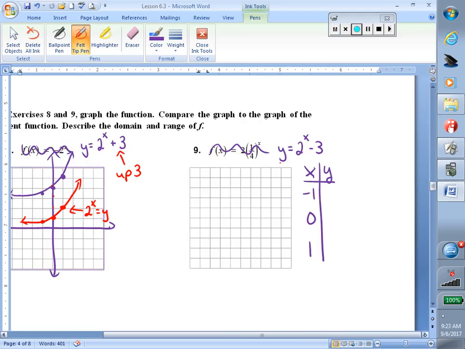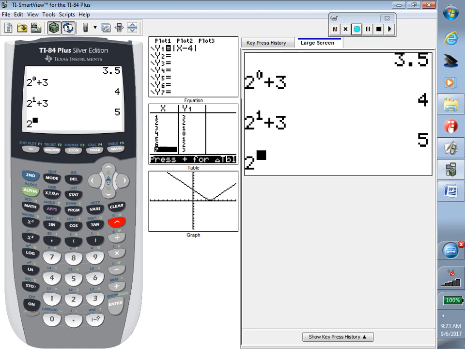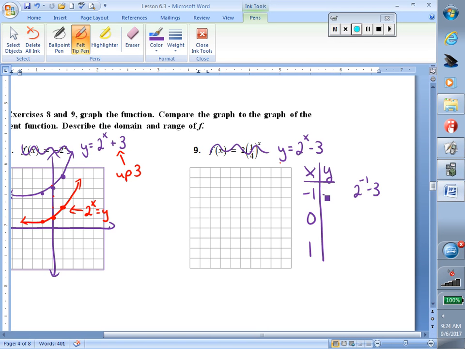And once again, if I just want to put those into my calculator, 2 to the negative first minus 3, that's okay. You don't need a graphing calculator to do this. I can show you how to do these on just the scientific calculators that I have in my room. End up with negative 2.5,